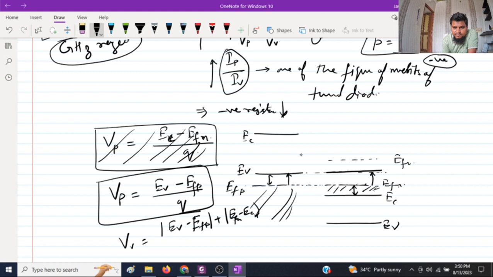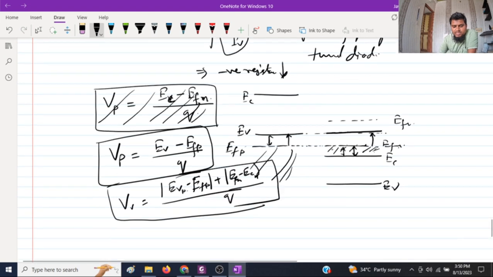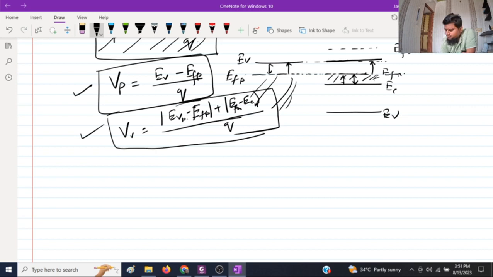This is on the P side. Divide by Q. So both of these, if you just add them up, you will get the valley voltage. Anyway, it is not that much required at the undergraduate level. However, you can see that VB and VP are